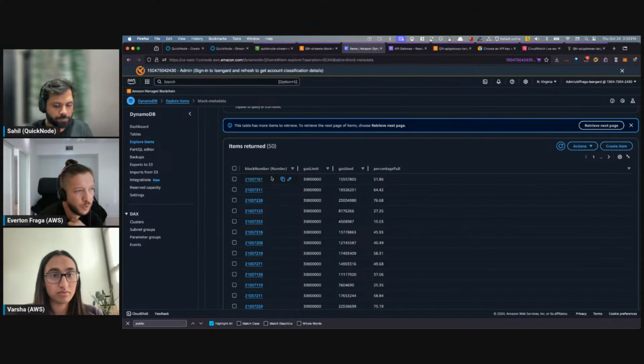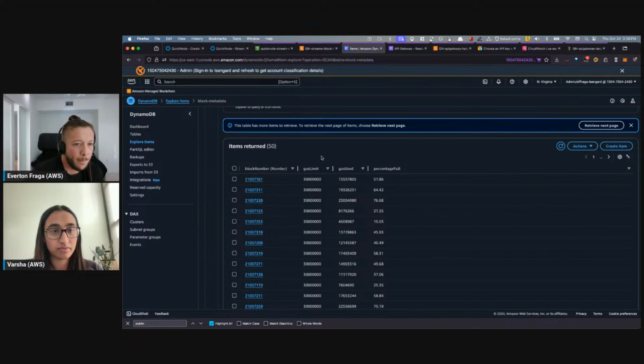So it allows you to, well, first of all, it is a database and it's built for scale, and it scales for reads in a more seamless and infinite way, right? So it scales horizontally and scales for reads. Basically, we're relaying the data from the S3 to DynamoDB, and we're saving all the information here. So you can see that just came from the stream. It is now here.